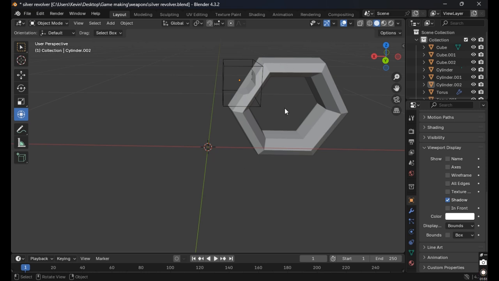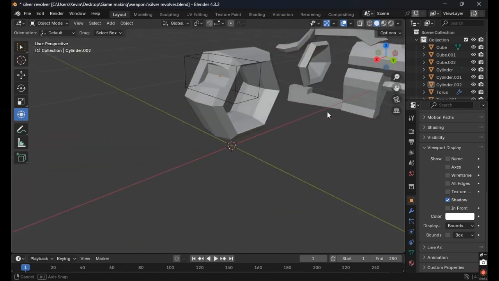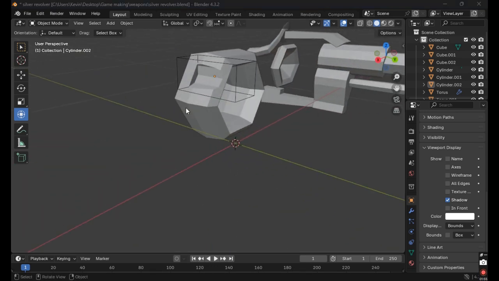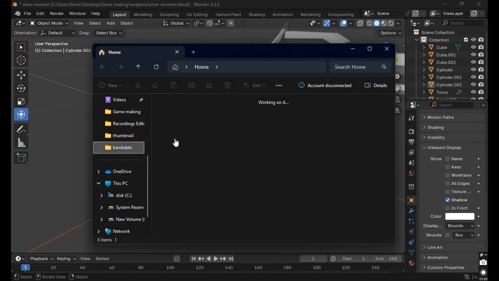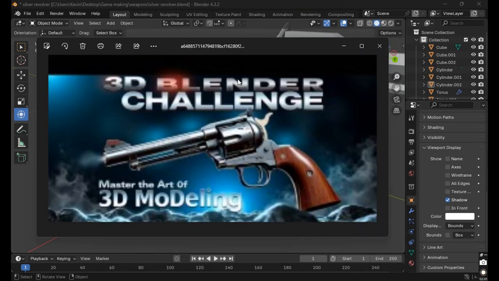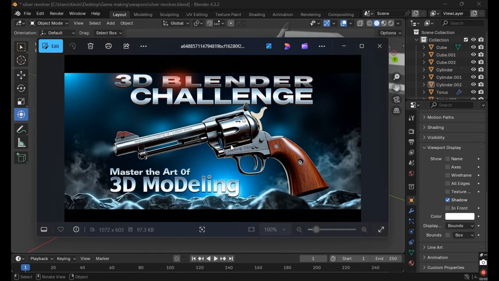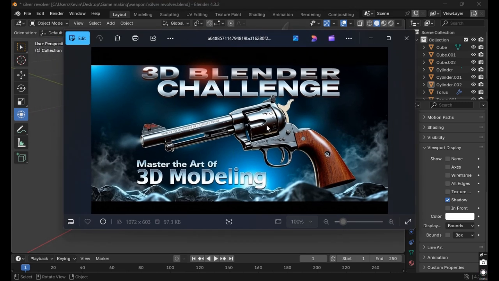So if you know how a revolver works, this is actually, you know what? I can actually just show it to you. I can just go to my candidates, get this one. Okay, so you can see this part over here of the revolver. Why is it not zooming in? No problem. Okay, so you can see this is the part of the revolver that we're trying to recreate,